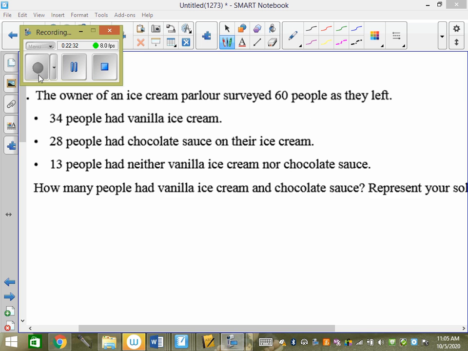So that's the what? The total. So that's one option I need. Then 34 people have vanilla ice cream. That's another thing I need. Chocolate sauce, another thing I need. Neither, another thing I need, right? So if I have all 4 items, I can find the and, correct? So I'm going to go 34 plus 28 plus 13, and I get